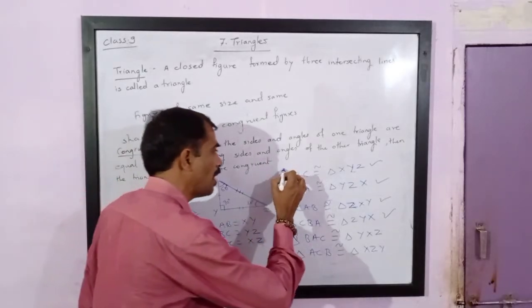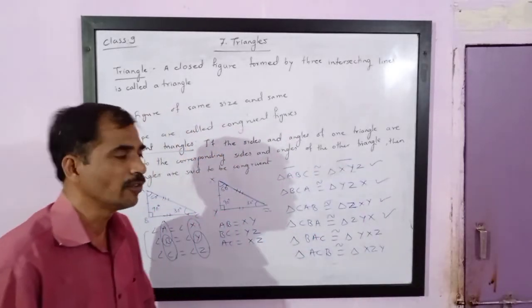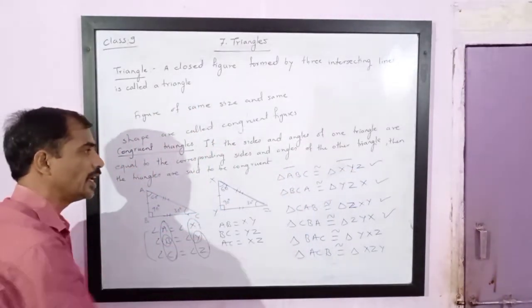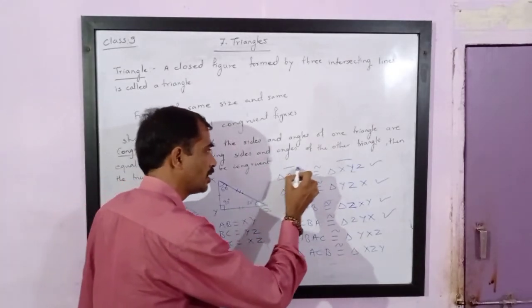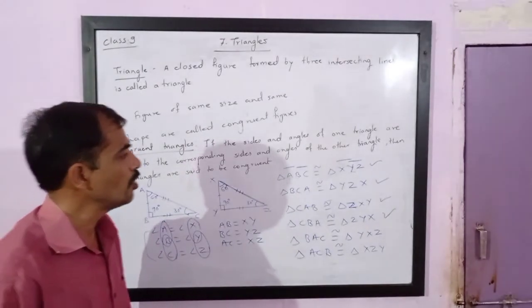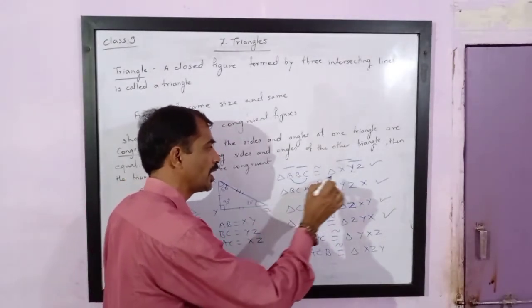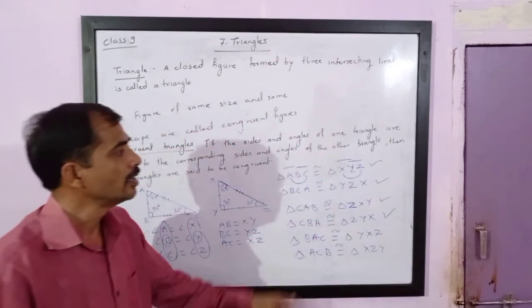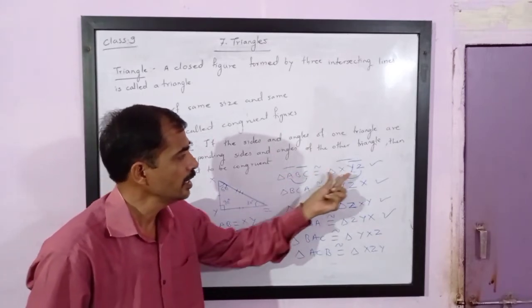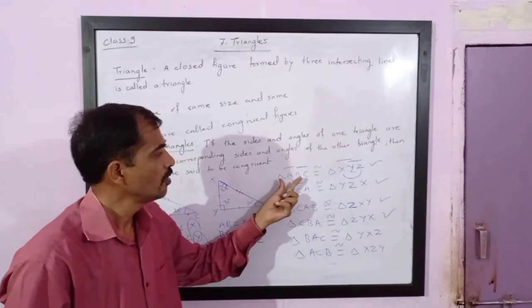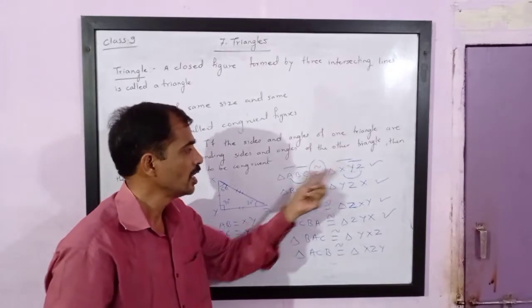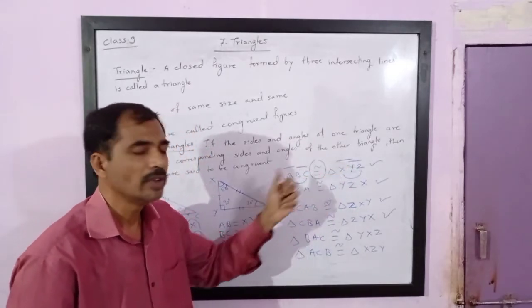It means the side formed by the first two vertices must be equal to the side formed by the first two vertices of the other triangle. It means side AB must be equal to side XY. Then the side formed by the second and third vertices must be equal to the side formed by the second and third vertices of the other triangle. It also means the side formed by the first and third vertices of one triangle must be equal to the side formed by the first and third vertices. So please be careful while writing the order of the vertices when you write the congruences. If you change the sequence, then it will be wrong.